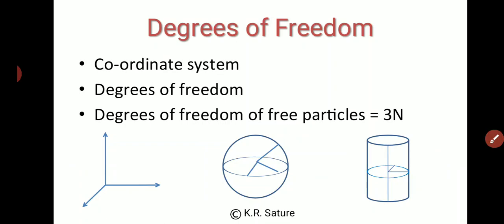Now if I say what the degrees of freedom are, the equation for that is 3n. What is n? n is the number of particles in that rigid body. So the degrees of freedom is simply the multiplication of 3 into n, and to be frank, it is for the non-constraint system. If there is a rigid body and there are no constraints on that system, then the degrees of freedom are given by this formula, which is 3 into n.